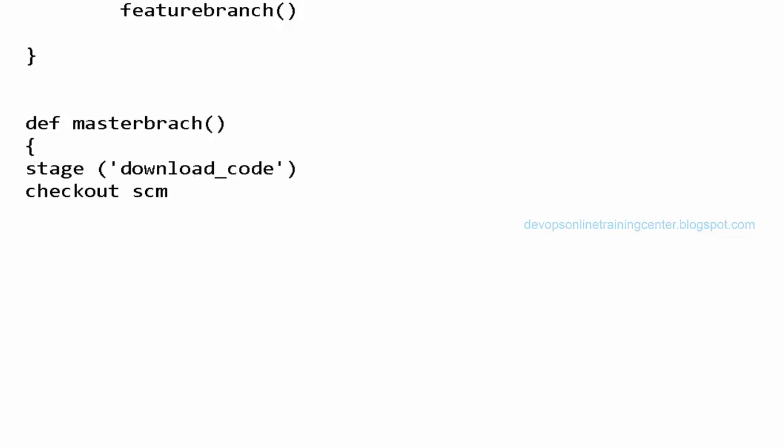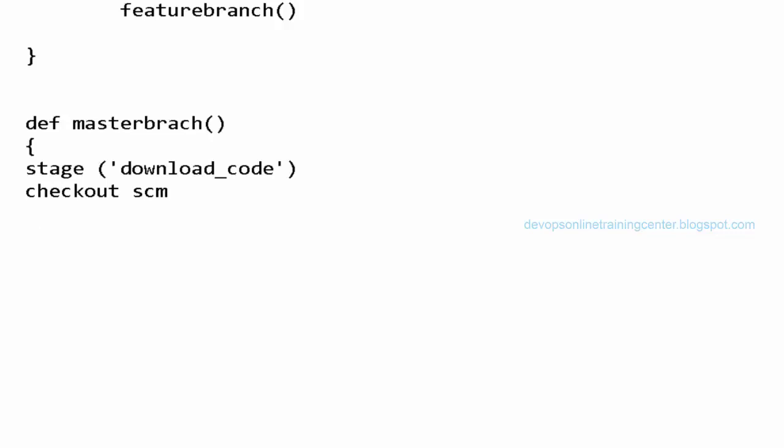While creating the job, we give the URL, so it will check out that repository and download whatever is there. All the branches' code will be downloaded to the workspace, and it detects automatically. Even if there are 10 branches, it will build all 10 branches. When there is a change in any branch, it will automatically create the job for that particular branch, right? This way we can define the functions for all different branches based on the behavior.